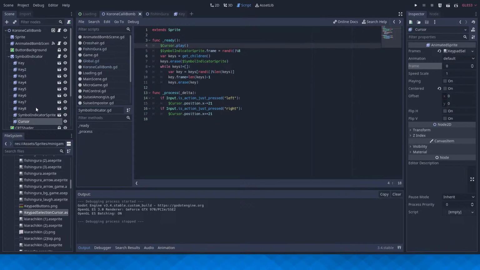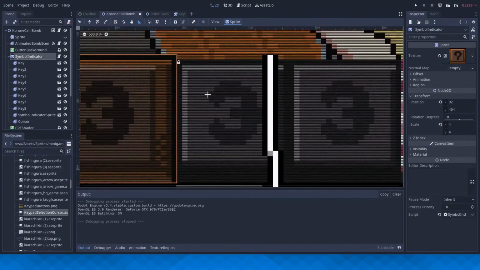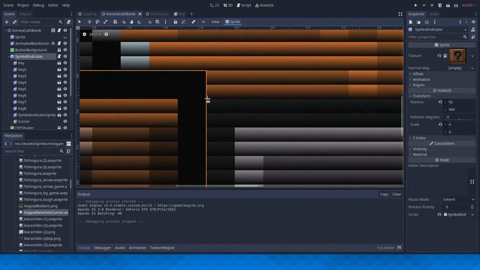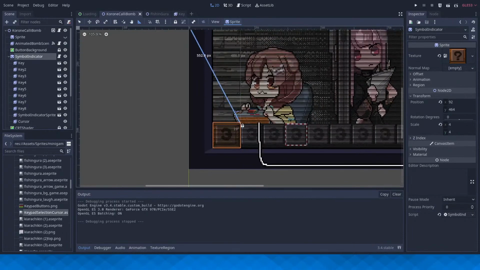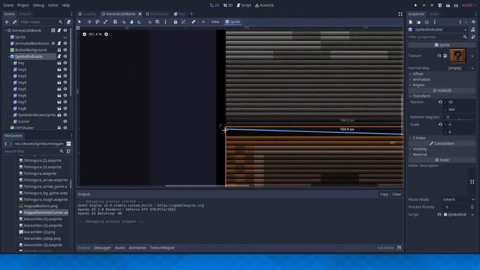I should probably make sure you can't move left further than the leftmost button. So, what position is this? I'm gonna measure to the top left corner, and I need to measure to the top left corner of this.